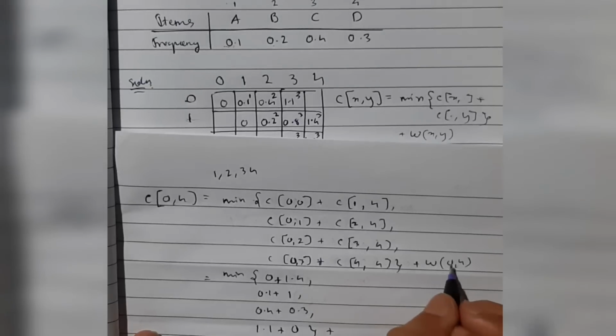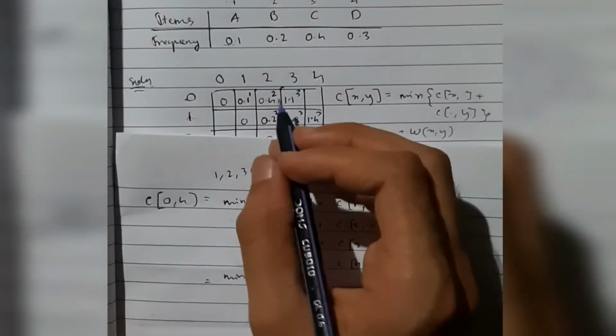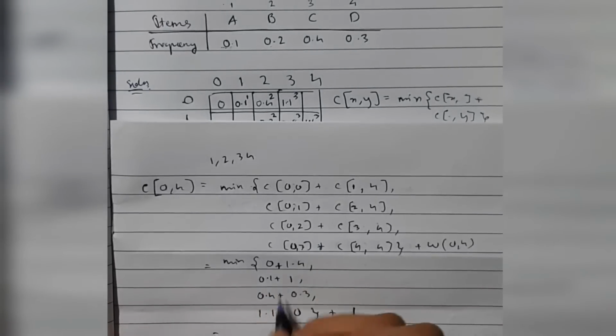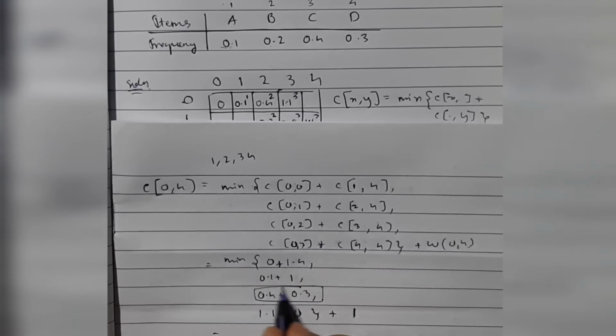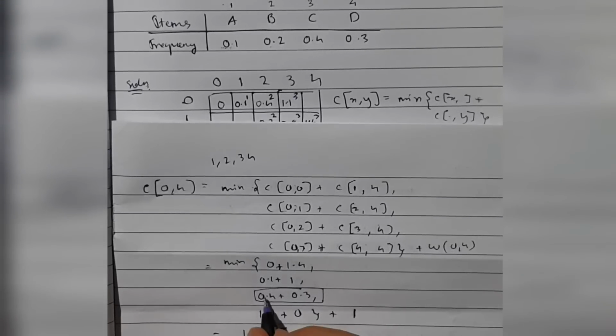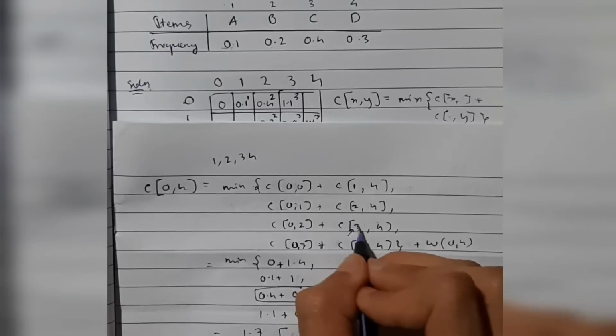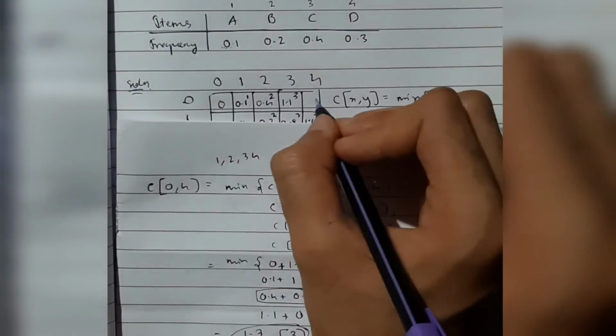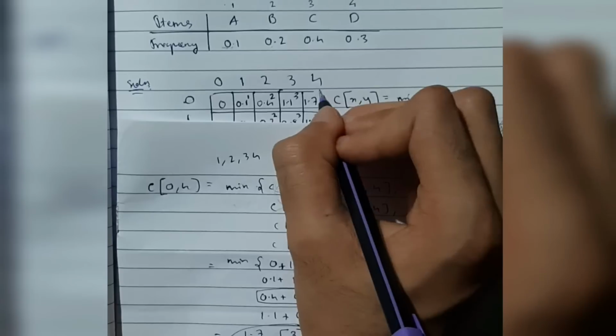Adding it with the frequency sum from 1 to 4, it is adding all these numbers I get as 1, because the sum of all frequencies should be 1, and finding out the minimum among all of these. Okay, so what's the minimum among these 4, it is this one. I'll get as 0.7, right? So 0.7 plus 1, it is 1.7. And from which element I got? The third one. So looking at the third one, I got from element 3. So I'll be writing here 3. I'll be filling this value to the last cell, 1.7 and 3.